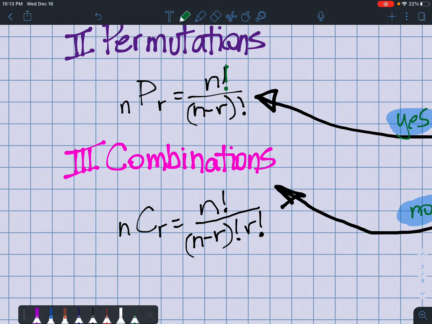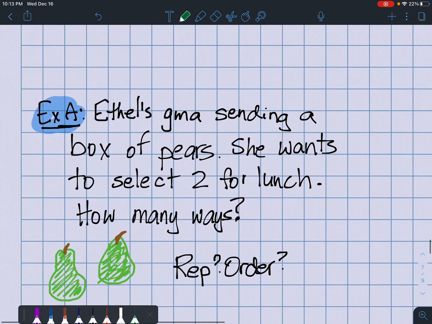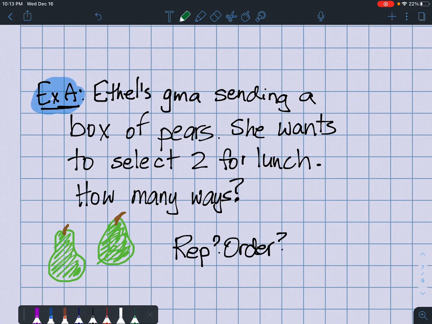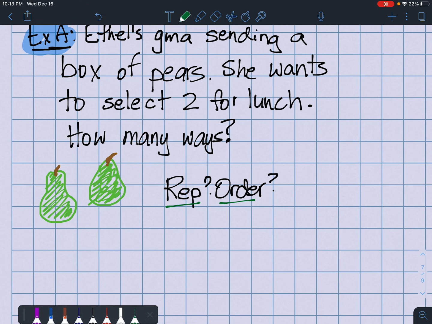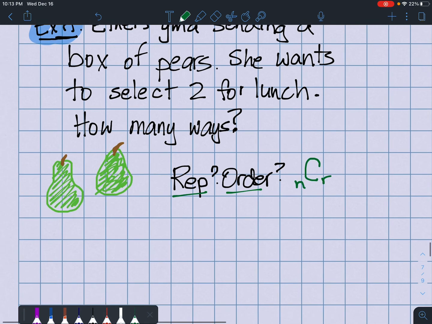So here's some examples where we can practice going through that process. Ethel's grandma is sending a box of pears. She wants to select 2 for lunch. How many ways does she have to select 2 for her lunch? First of all, can you repeat? Well, obviously, if you pick one pear, you can't pick it again. So this is not the fundamental counting principle. Second, does order matter? Does it matter how she puts them in for her lunch? No. It just matters that she grabs 2. So this would tell me that we are using combinations, nCr. In this case, we would do